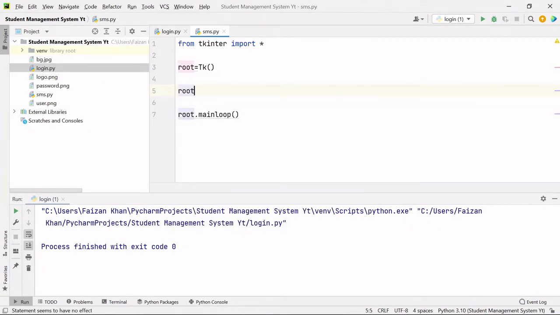So we are going to use the geometry method, and here we will pass width and the height in the form of a string. Okay, so the width that I have used in my original project is 1174, and the height that I used is 680. Okay, and then I'll place this window at a distance of 0 from the x-axis and at a distance of 0 from the y-axis. So the window will start appearing from this position, okay, top left corner. So now if I run it,